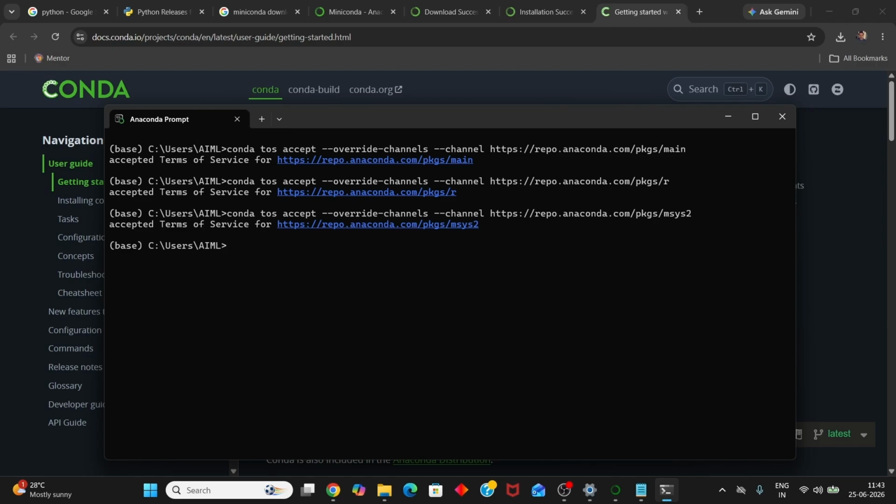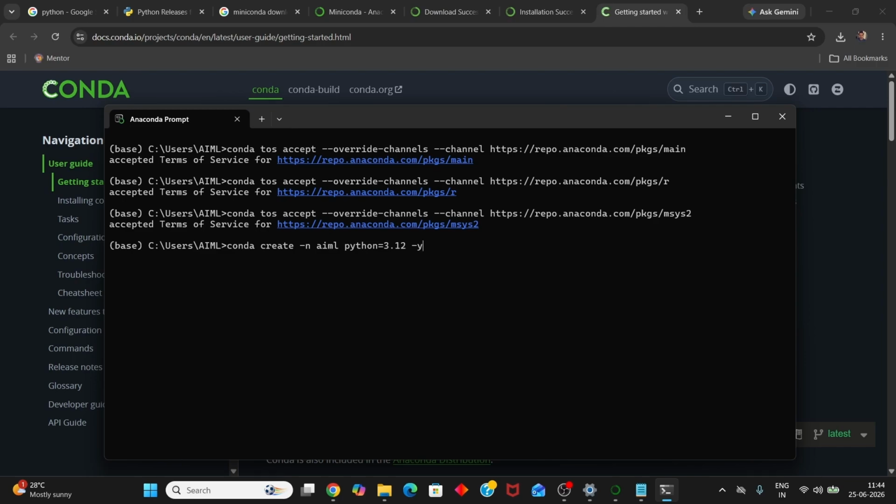Once you enter this, all the terms of service for Miniconda are accepted. So now we create the environment. Basically this means we are creating a separate Python environment only for our AI and ML work. So how to create this? We type conda create, so we are asking Conda to create. Now after this -n, you can type in whatever name you want for your environment. So I'll put in AIML. Okay. And then Python, since we have to mention the version of Python that we are using,